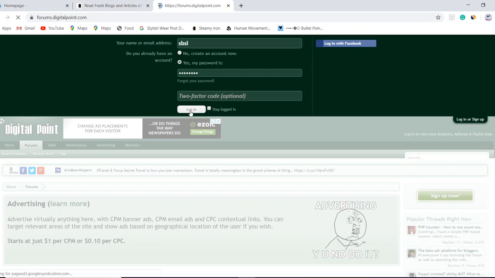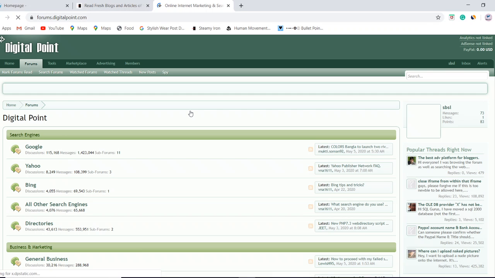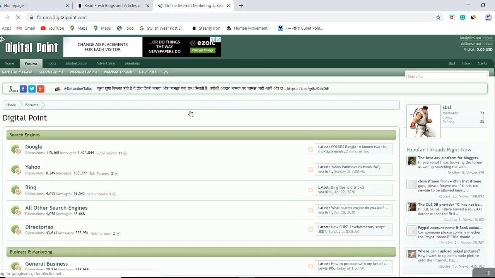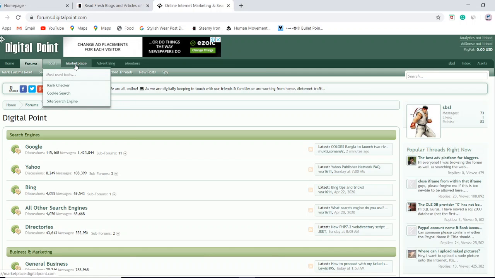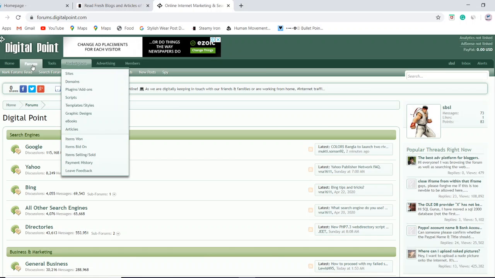The work of forum posting is to provide a signature link for you. A signature link is a backlink to your website, and it can provide us lots of traffic. That's why we do forum posting. Now let's see how we can get traffic from forum posting.